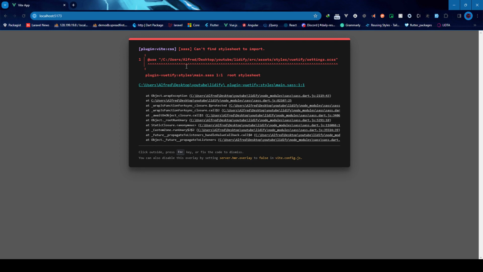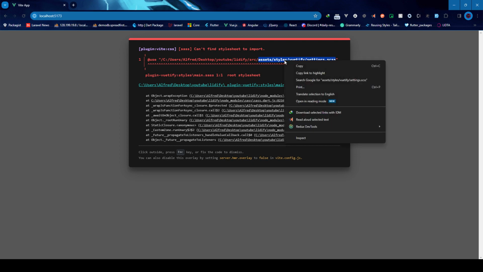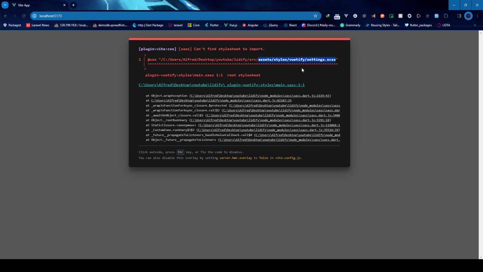And now we have another issue here: can't find stylesheet to import. And remember, this is what we said we'll have for styling, and for now we do not have this file. So what we can do is just go ahead and create this. So inside